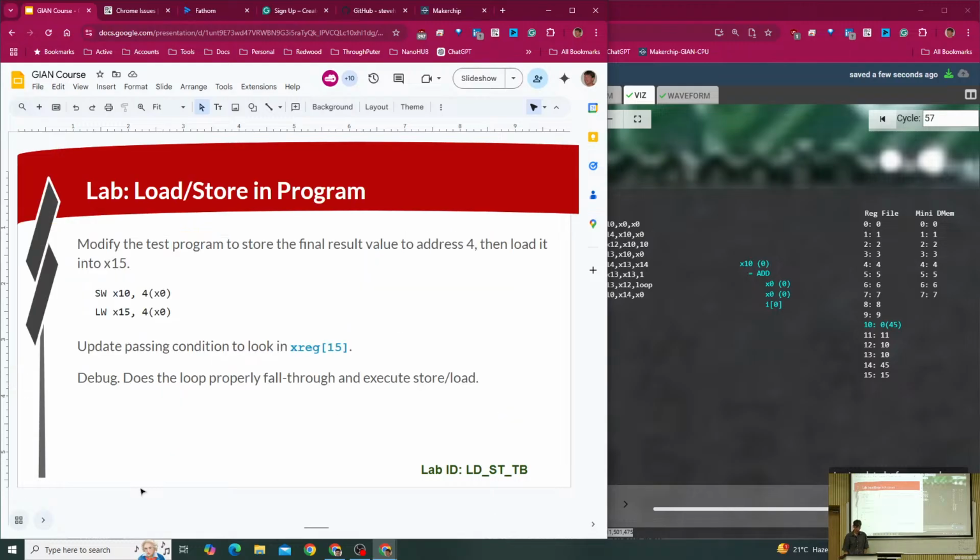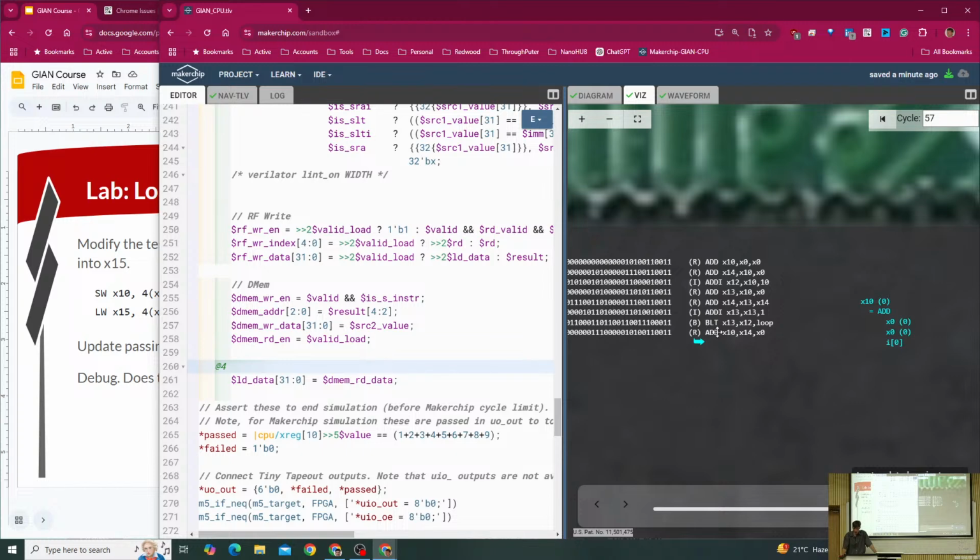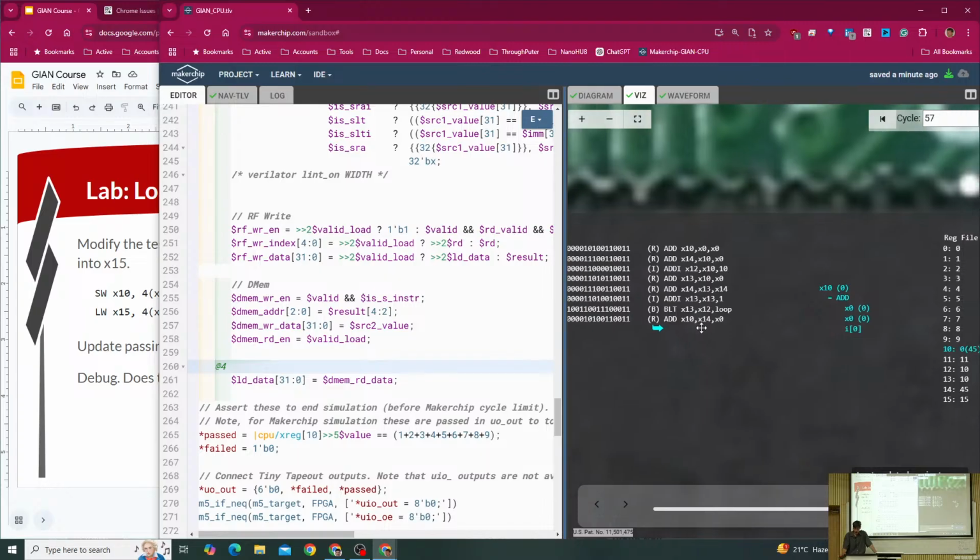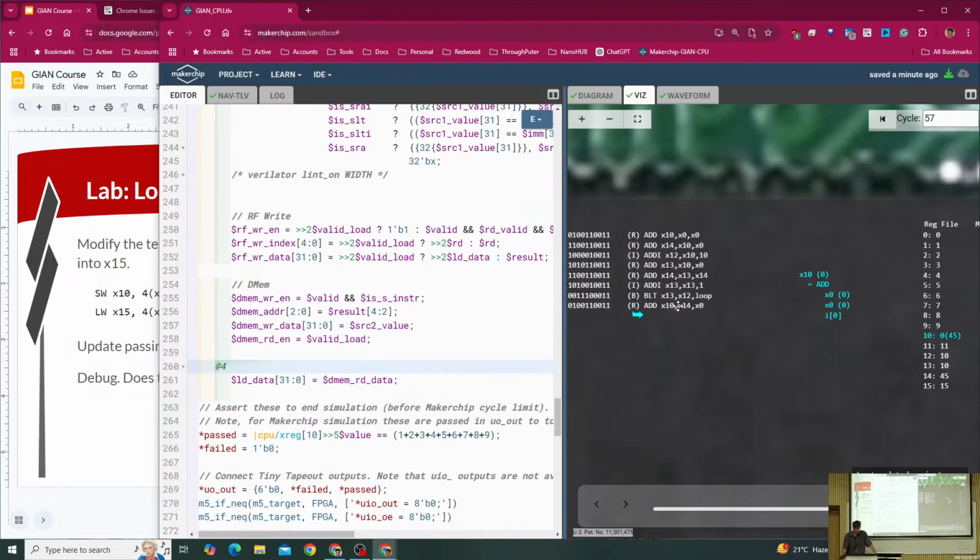So the next lab is to test this a little bit, not very exhaustively, but at least let's do 1 load and 1 store instruction. So go ahead and add a load and store instruction into your program. We'll just take the value that's in X10, which is coming from this add, right? So we do our last branch, we fall through. The final result at this point, after the BLT instruction,